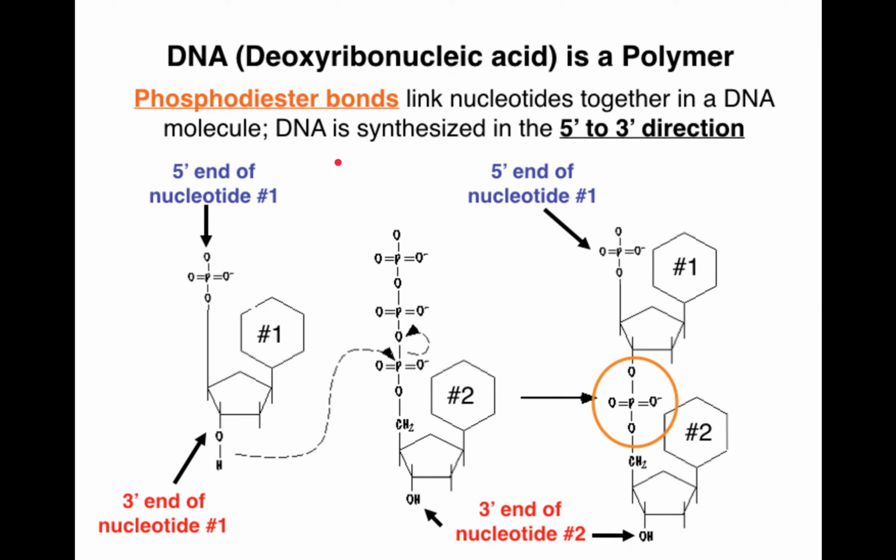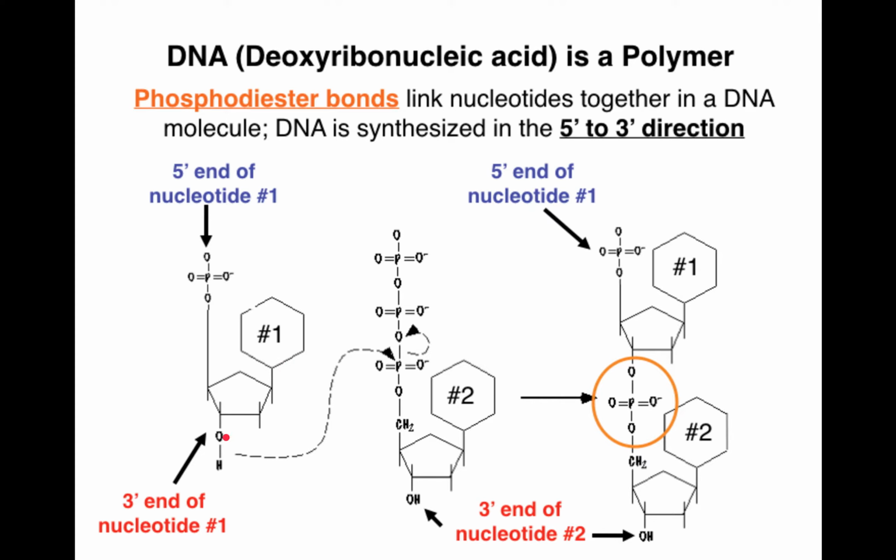And here's where we can see it. What we're trying to do in this picture is link 2 nucleotides together with a phosphodiester bond. Here's the first nucleotide, and here's the second nucleotide. What we're trying to do is attach the second nucleotide to the first nucleotide at the 3' hydroxyl group